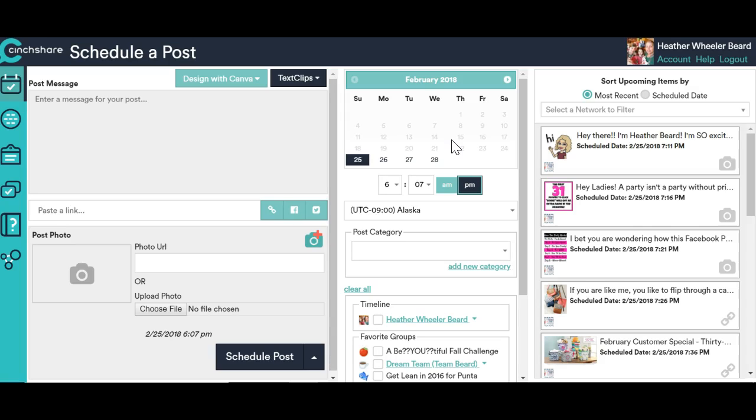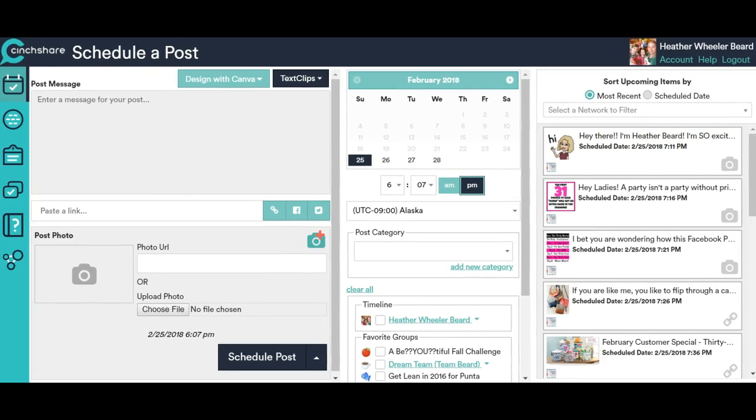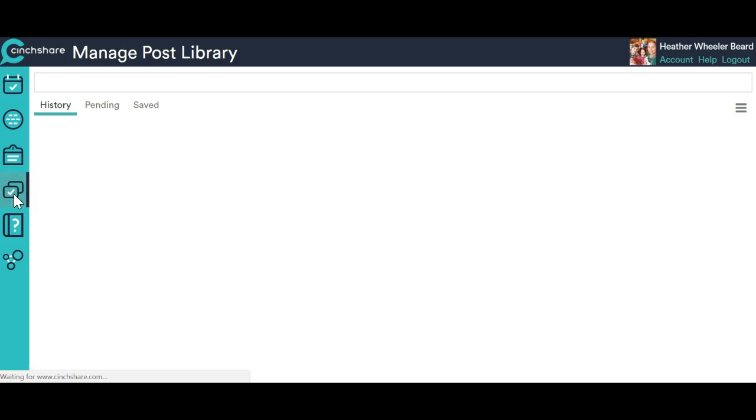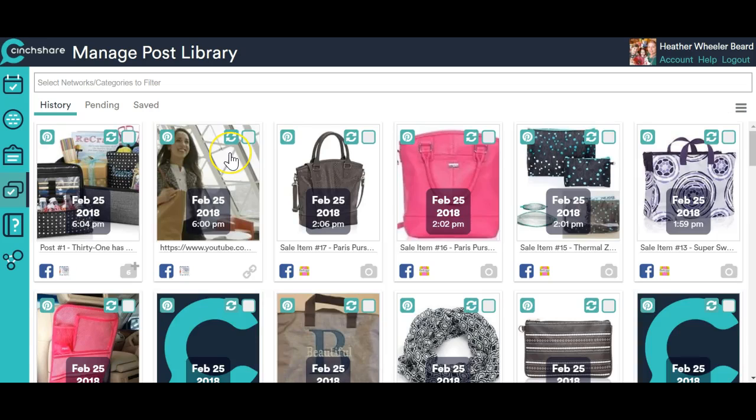So you've set up your party, you've set up your multiple parties, you're ready to go, and you come into Cinchshare, and I'm going to move this screen over a little bit. And you come over here to the Manage Post Library. And this is where I would, at the beginning of the month, make all of your changes and post to